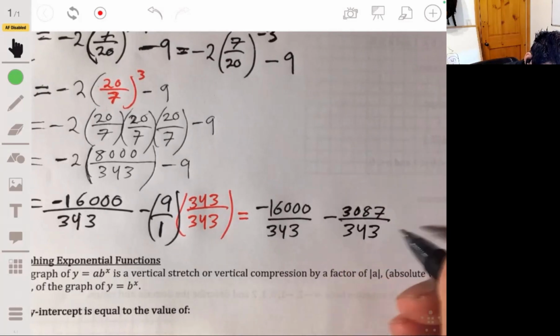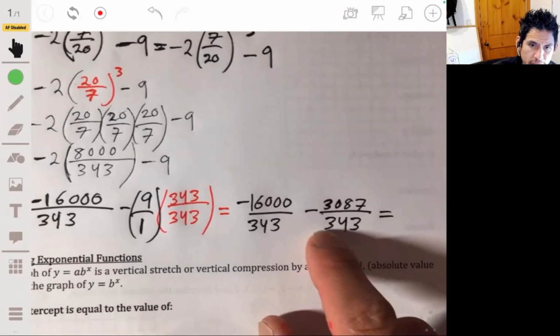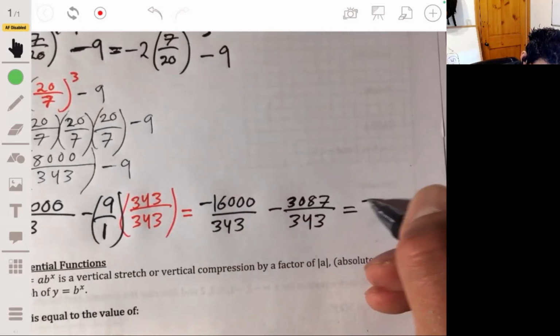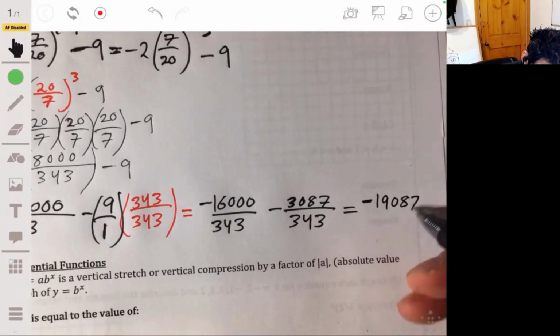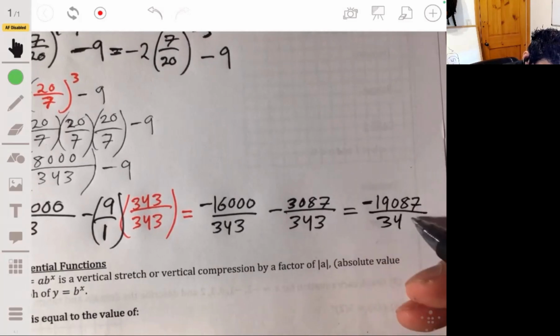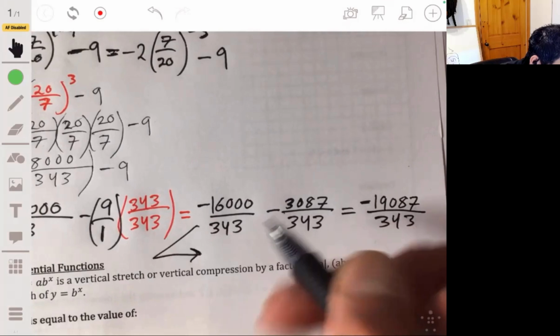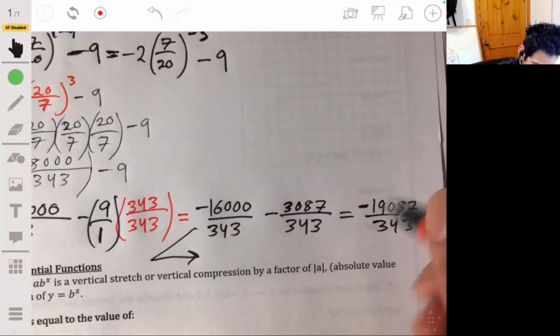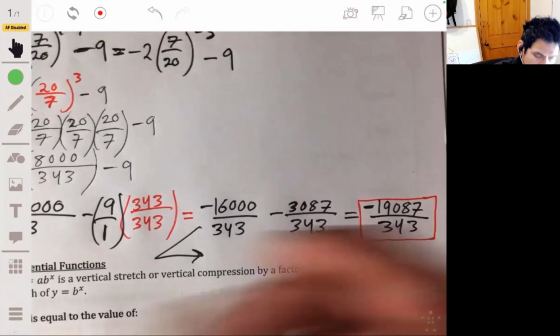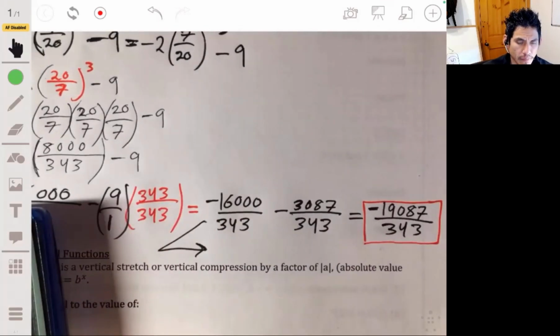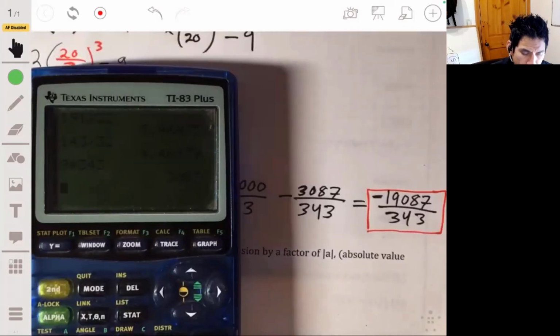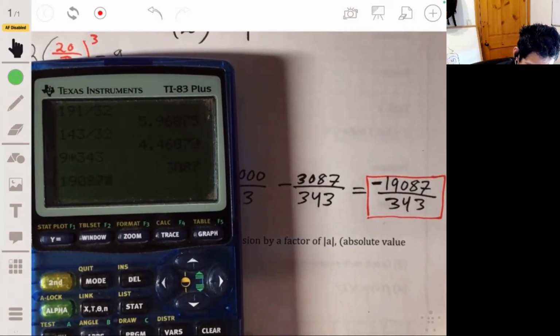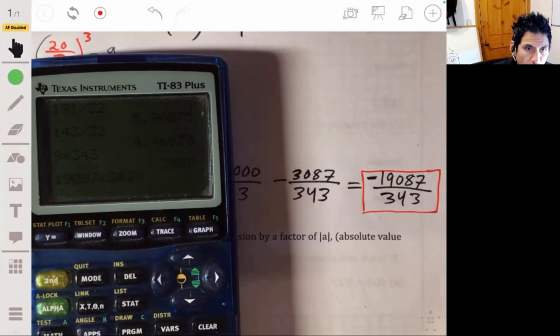Over 343. And from there, we just subtract that. We get negative 19,087 over 343. And that's really our final answer. We can approximate this decimally speaking. 19,087 divided by 343. We get,